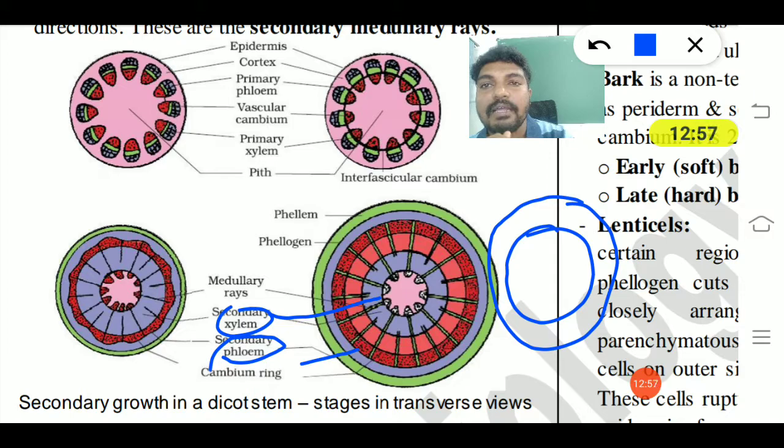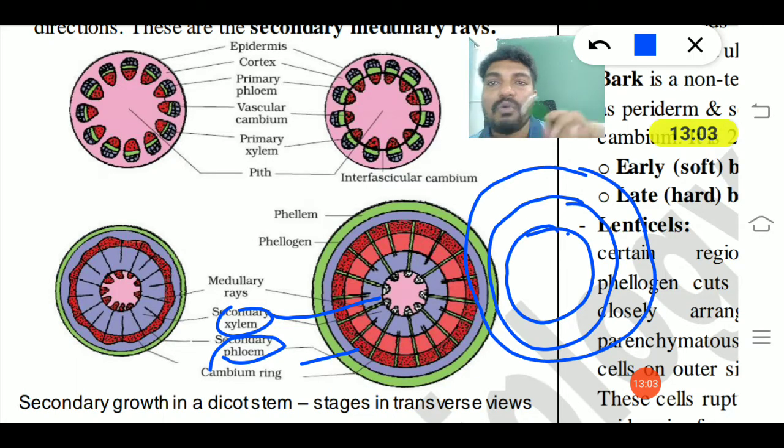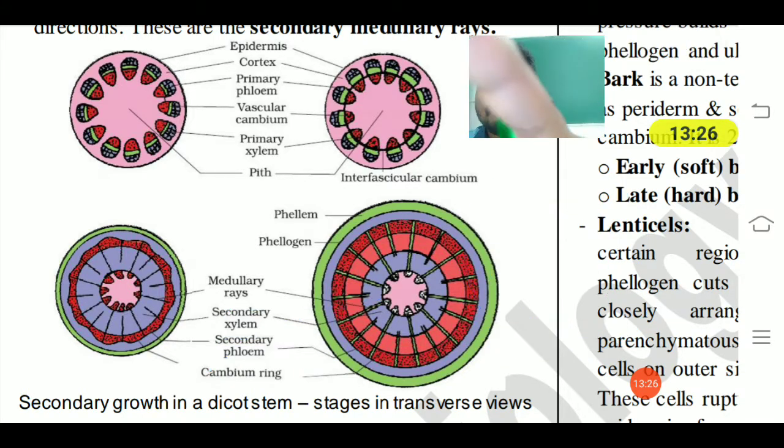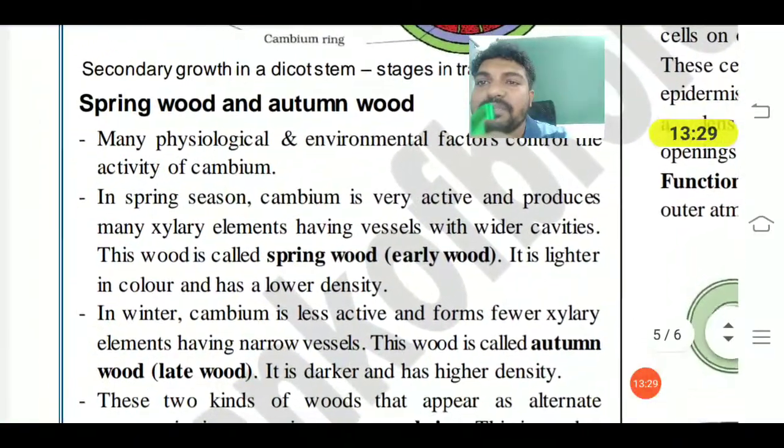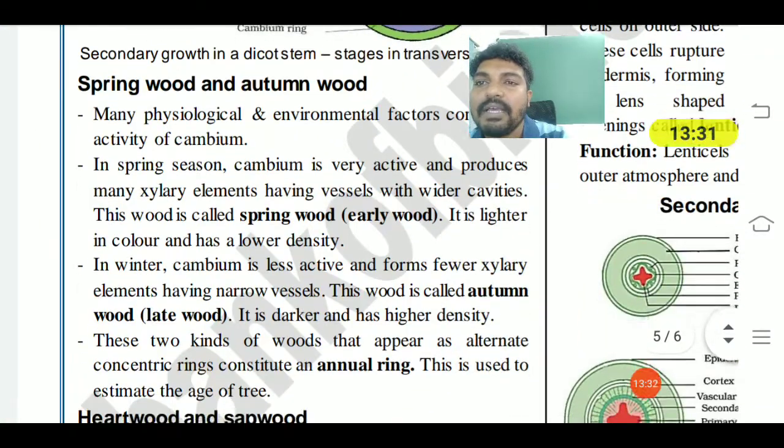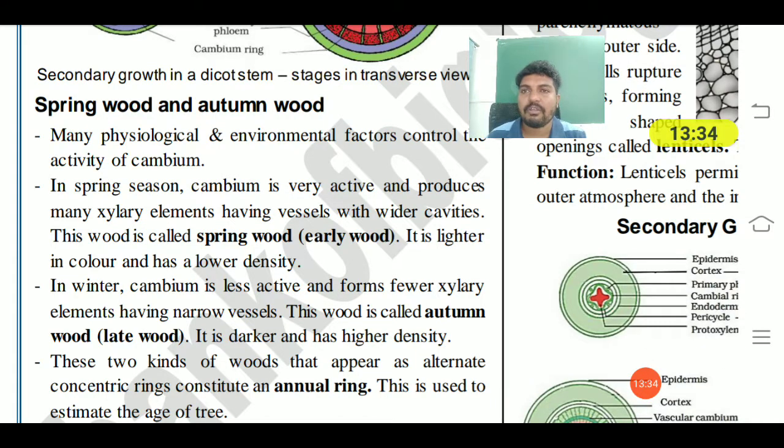Another ring in the next year, and another ring the year after, so that makes 1, 2, 3. When you count the number of rings, we call them annual rings, and they estimate the age of a tree. So that is called dendrology. The study of the age of a tree using the counting of annual rings formed during secondary growth is called dendrochronology. Got it? And now when you go with the springwood and autumnwood, some physical and environmental factors are not uniform in the year, and they vary.